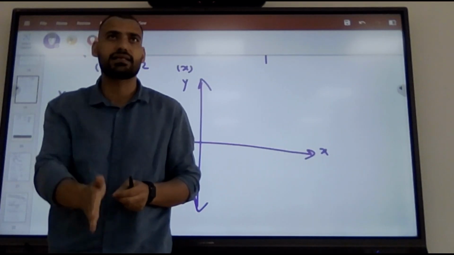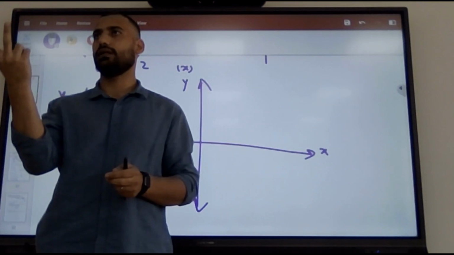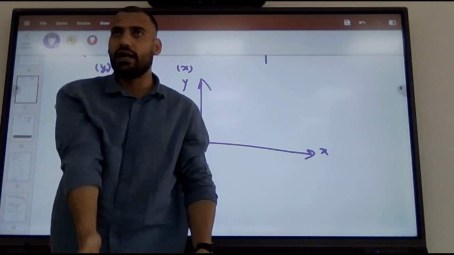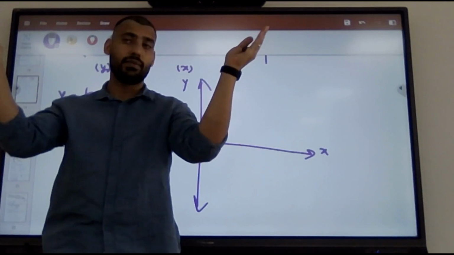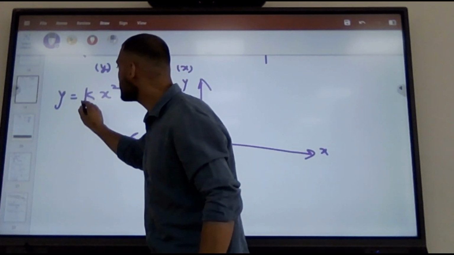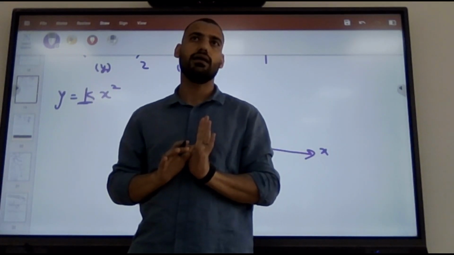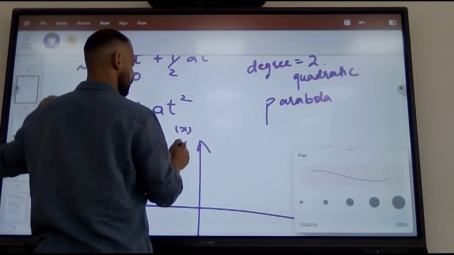That means the y-axis will bisect it into two halves. So there are only two possibilities: either it is up or it is down, because when you plot the y-axis, it will cut it into two parts, isn't it? Is it clear? But the question is, is it up or down? Because the constant coefficient here is positive. Is it clear? So this parabola, if you want to plot it,